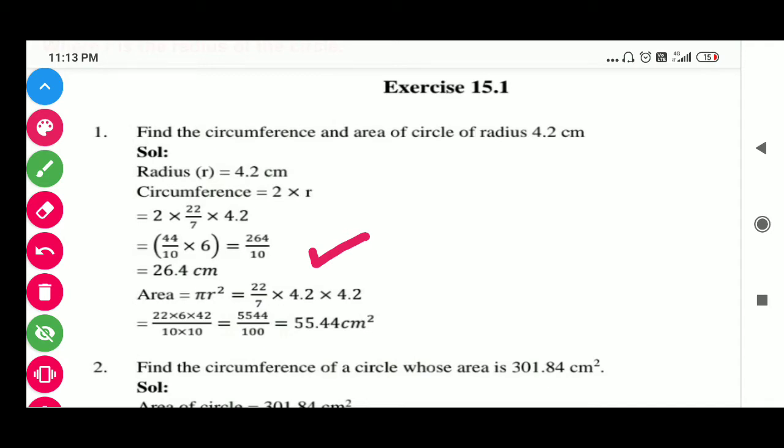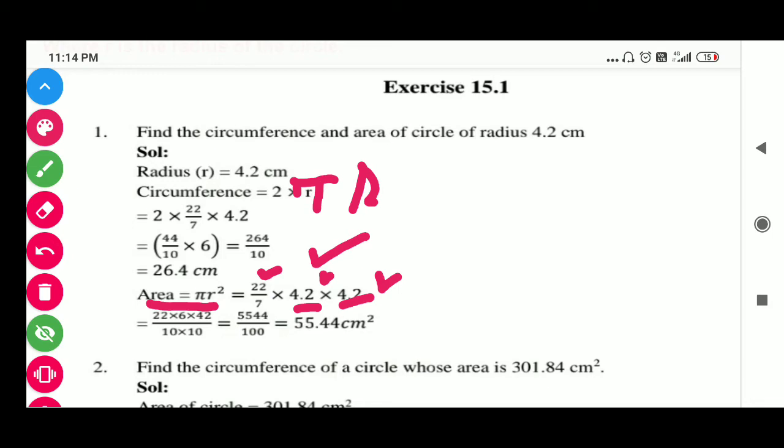Now next is the area of circle. Area of circle formula is pi r square. Value of pi is 22 over 7 and radius is 4.2. So in this way we get 4.2 into 4.2. By calculating this we get 22 over 7, 42 over 10, 42 over 10. Okay, by cancelling this we get